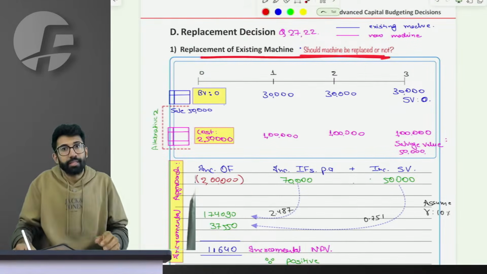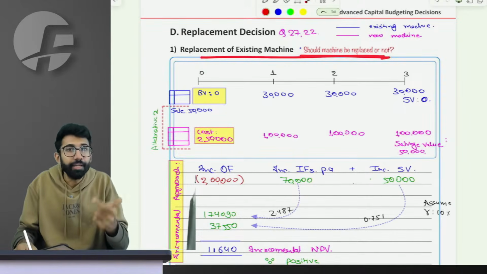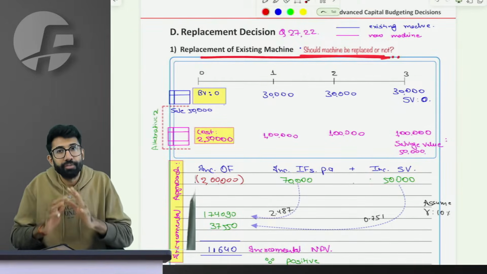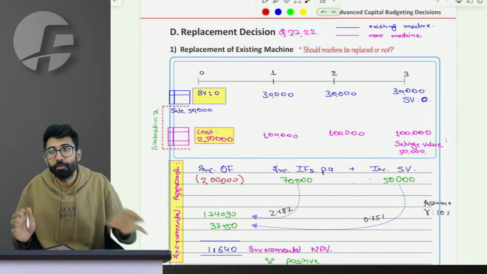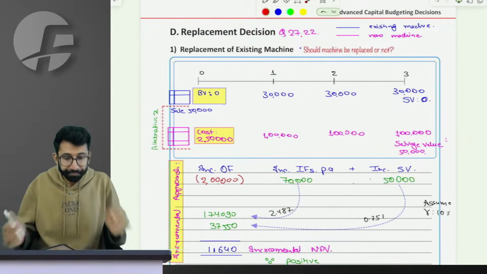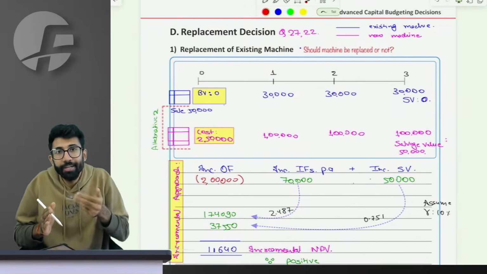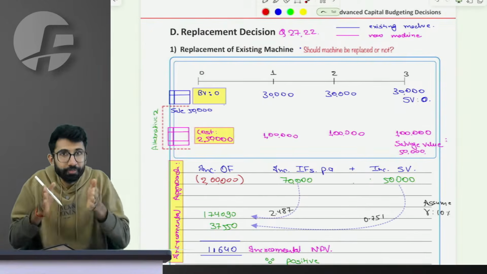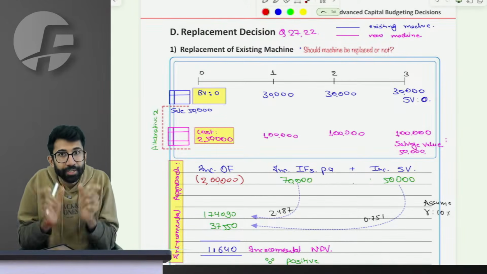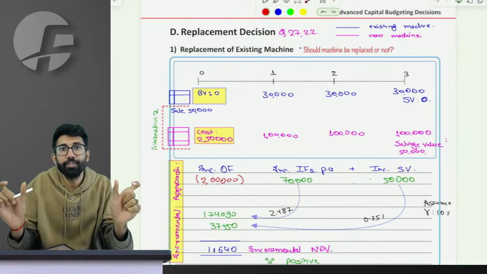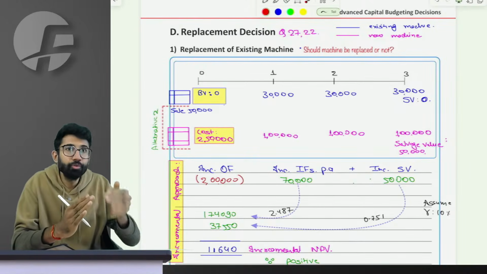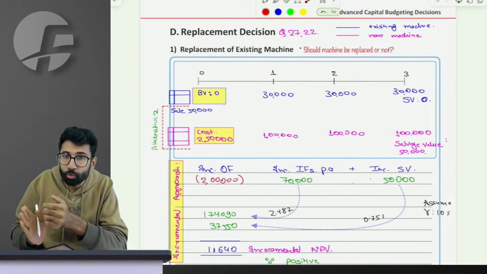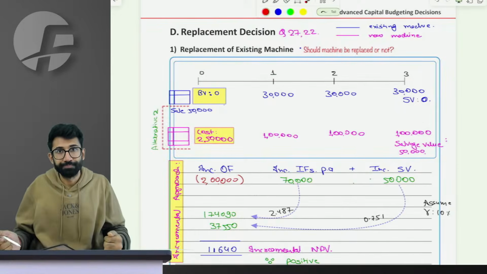The thought process in this situation is to calculate incremental NPV. And how do you ultimately calculate incremental NPV has a very simple approach, a very simple thought process. So please pay attention to what I say. At this point where I stand, I had been doing a business using an existing machine. Now at this point, I have two independent choices. Choice 1, continue to use the old machine. Choice 2, sell the old machine, buy the new machine and use that new machine.